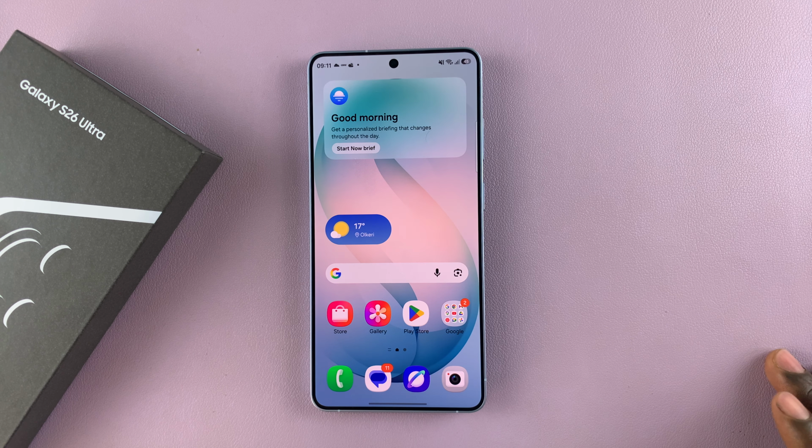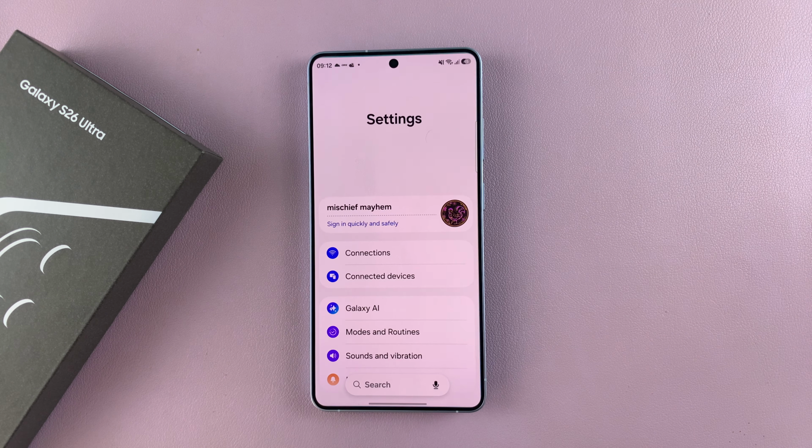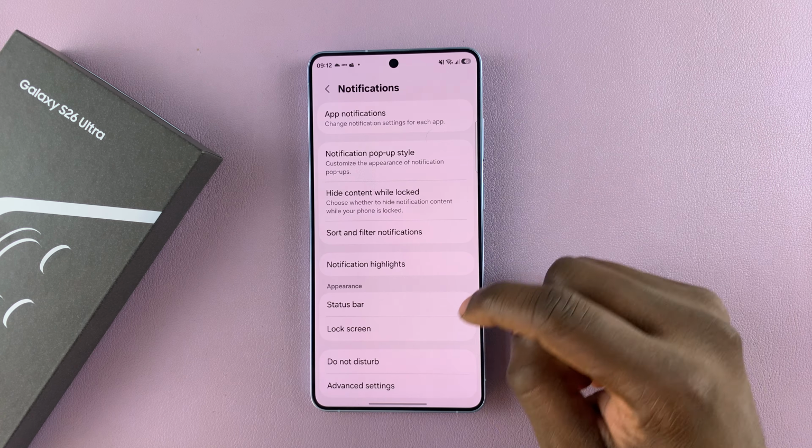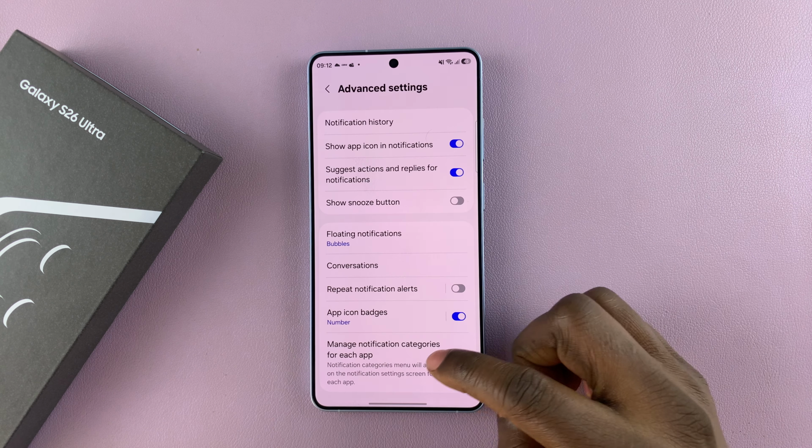In this video, I'll show you how you can change the Instagram notification sound on your Samsung Galaxy S26. All you have to do is go to Settings, and then within the settings, scroll down and find the Notifications section and tap on it. And then scroll down to the bottom, tap on Advanced Settings, and then scroll down and